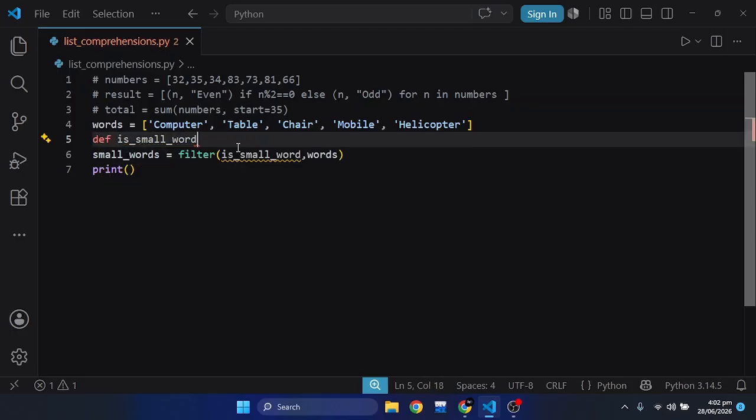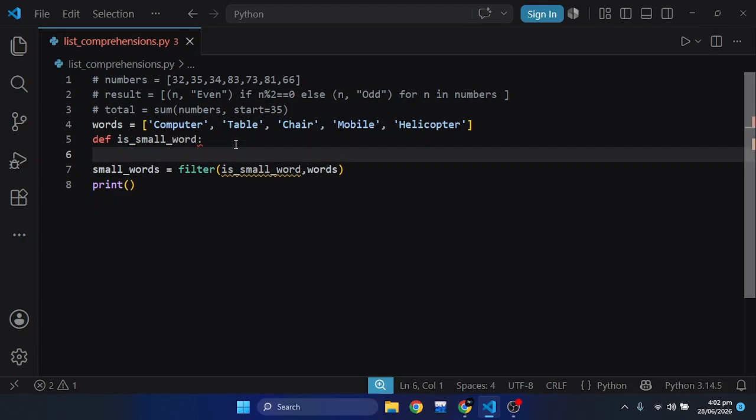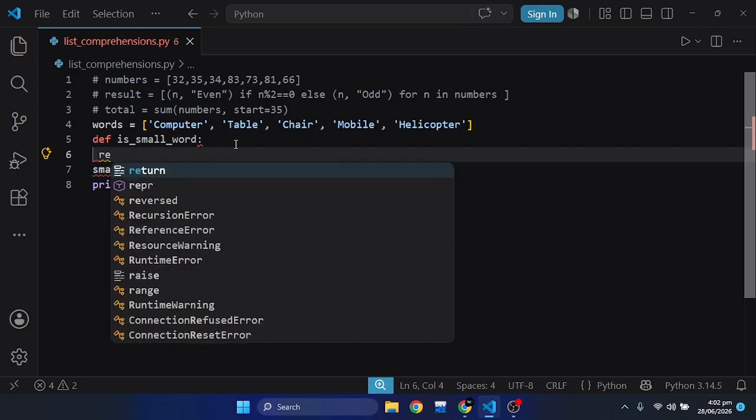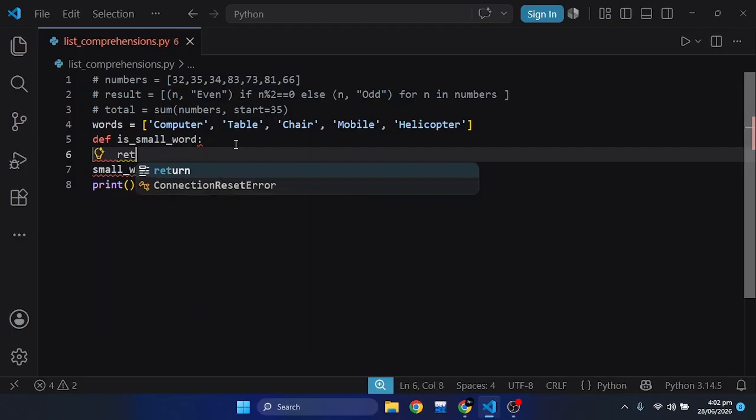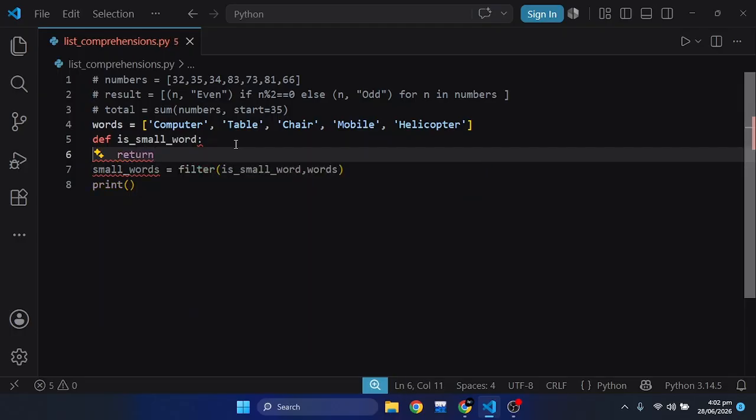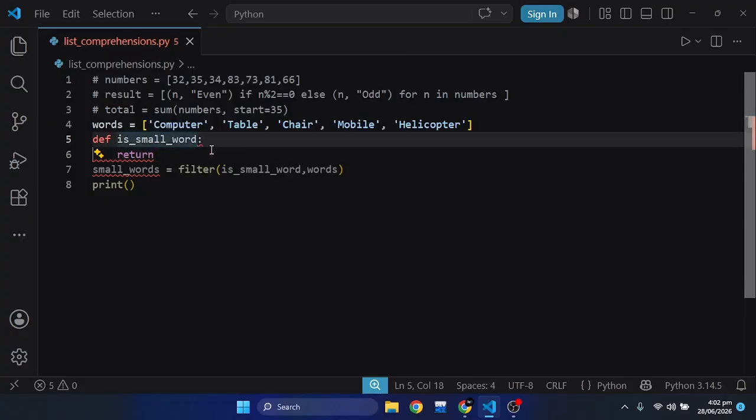So def is_small_word, so it will return the, so it has to take the